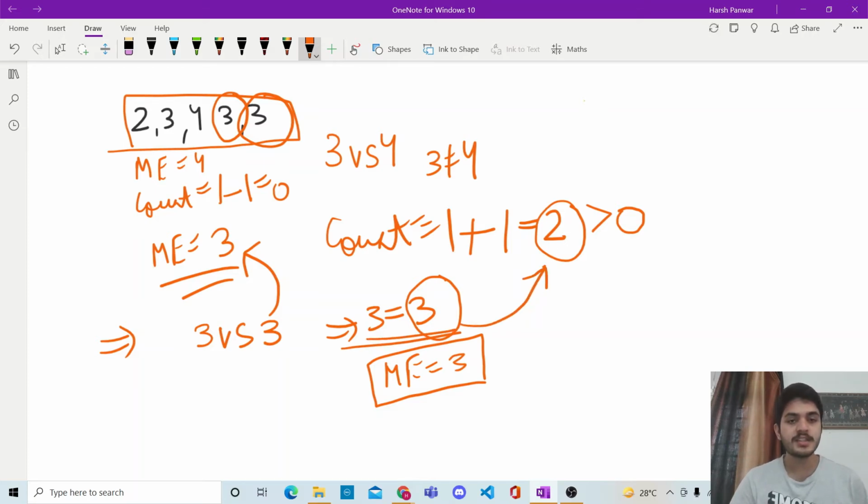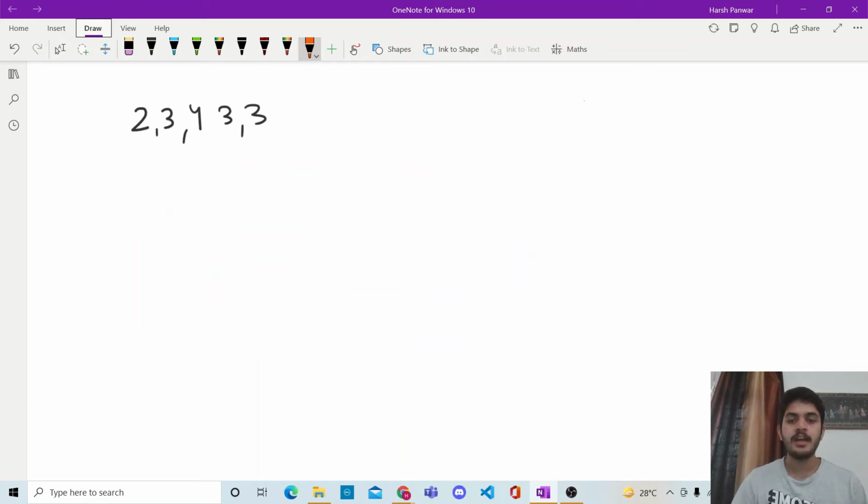Now, is this not the same which we took out by intuition in the start of the video? We already knew beforehand that 3 would be the majority element since the very start. Because what was the definition of majority element? Any element occurring more than n by 2 times in the array, where n was the size of the array. So we already knew that the size of the array was 5, 5 by 2 was 2.